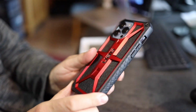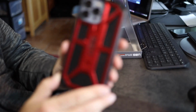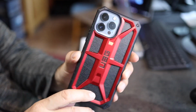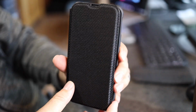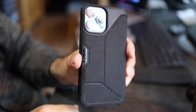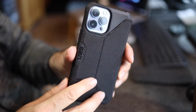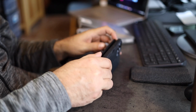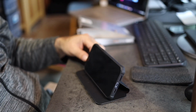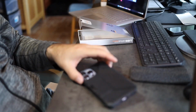Got like this leatherish material on the inside where the other one had Kevlar. But that red, you get this on your phone, it just looks dope. So then we have for the 13 Pro Max 16-foot drop protection. This is the Metropolis, and this one is like Kevlar all around. So this is like a wallet case. I wasn't even aware this was a wallet case, but this is a wallet case with like the stand. You got like 3 spots on the inside for cards